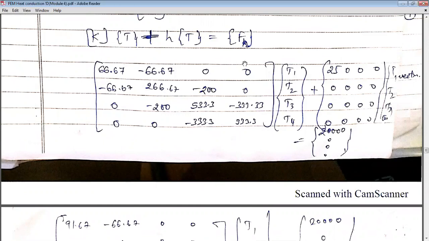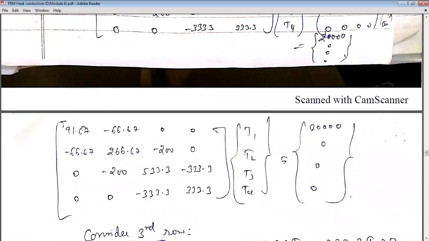Of course this plus 0 will be 0, this plus 0 is 0. When you add anything with 0 you get the same number, so the other numbers remain the same. Watch out for this, it has to be properly added. So T1, T2, T3, T4, this.